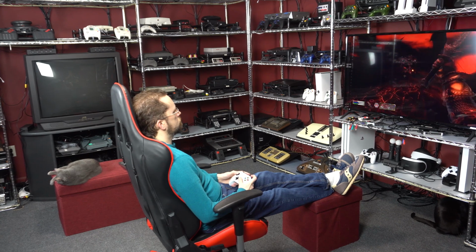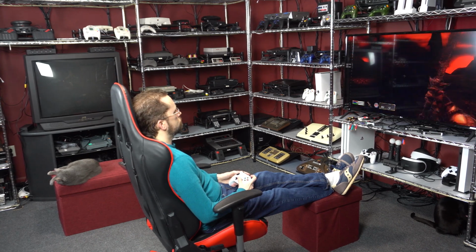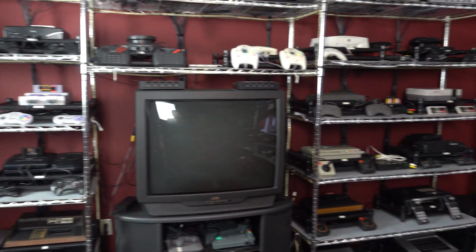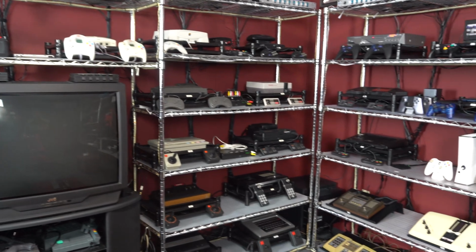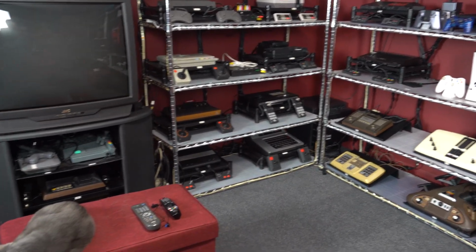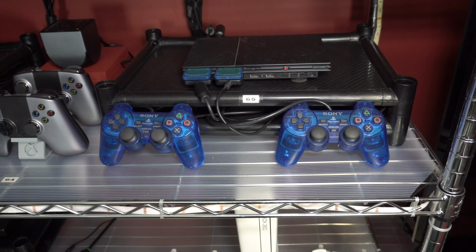Hello everybody! Today I'm going to be dusting this room. I've dusted before in the past with a feather duster, but this time I'm going to get out the heavy machinery and do a very deep dusting. So I've had this room for about 10 years now, and even with the feather duster, there has been some